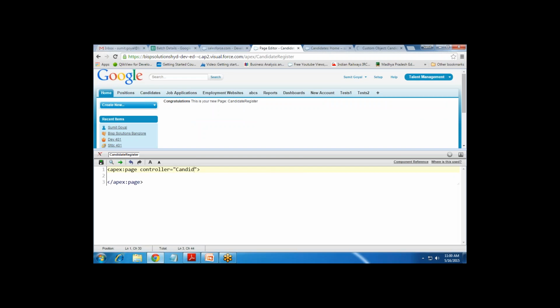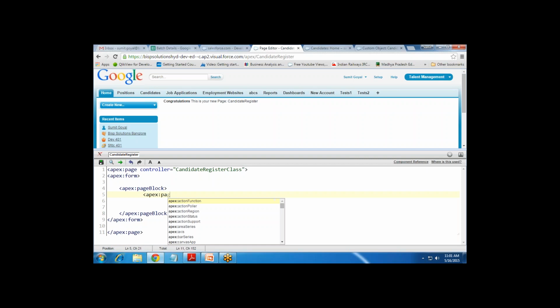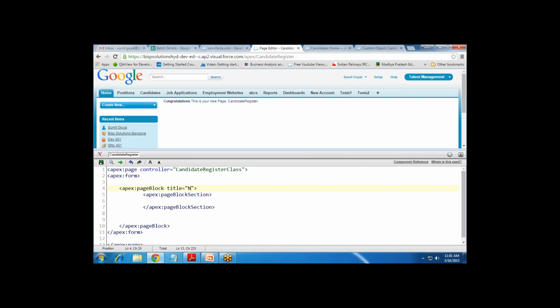I write candidate register class, apex:form, apex:pageBlock, apex:pageBlockSection. I give title is equal to new candidate registration, and in this page block section I write apex:inputField value is equal to